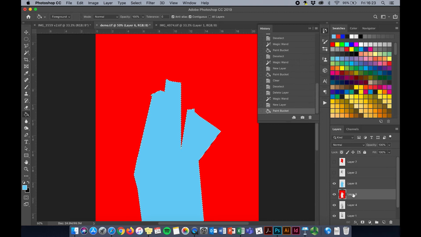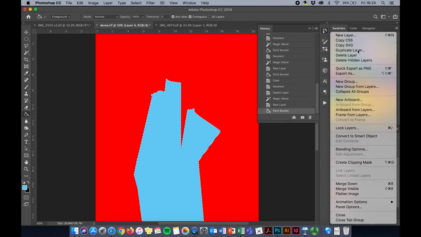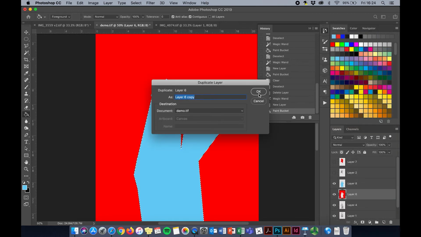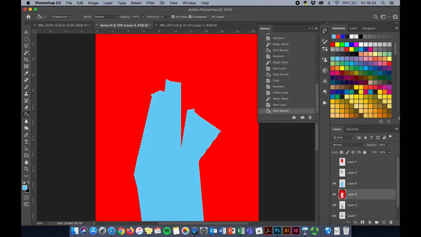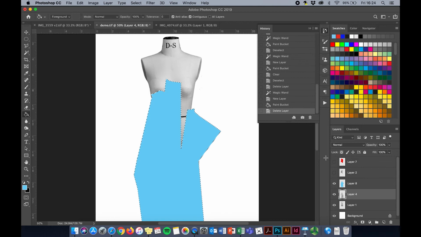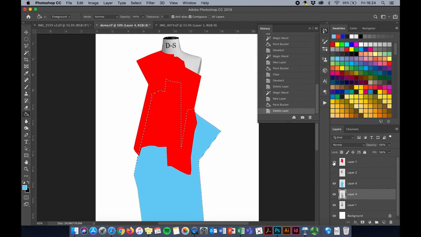And then we'll get rid of that layer. Now if we switch on the two layers, you can see we've got the silhouette of the objects and we